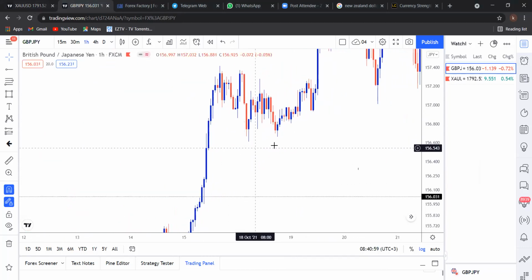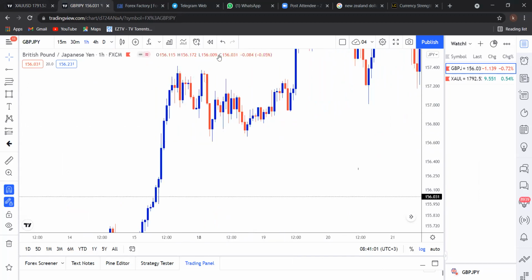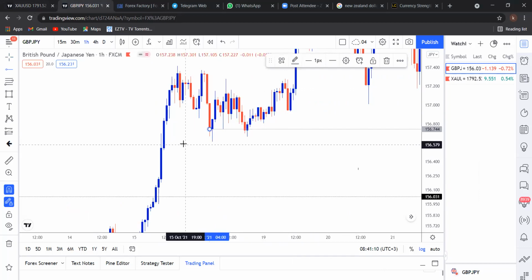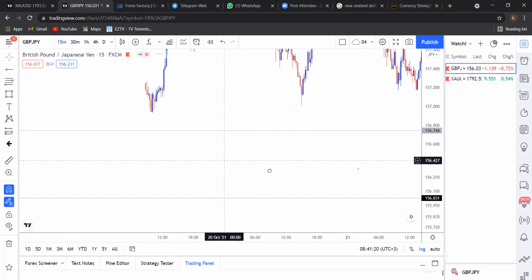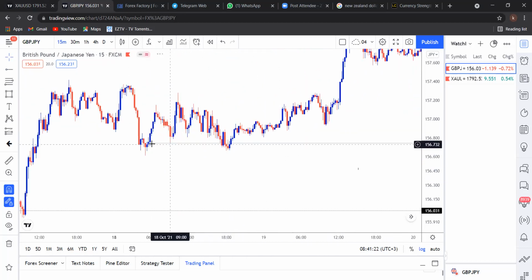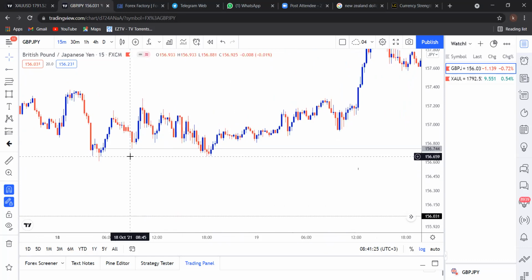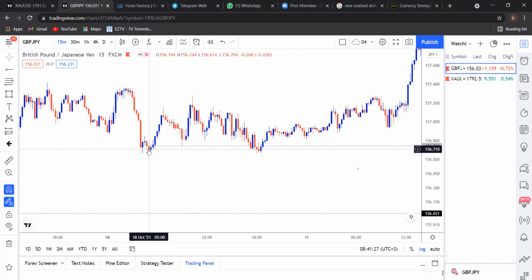Angalia the same as GBP JPY. Ile trade nilikuwa nakwambia, it was a bad trade. Ilikuja price was close up at support. To the left, unaweza sema it was a bad trade, was clean candlestick that I wanted it to be mirrored. Hiyo ni ile trade ya Monday. Lakini as soon as condition yangu kwa M15 it was not met, I closed that trade in a loss. As soon as price closed above hiyo support, ilikuwa wapi? Somewhere hapa. It closed above hiyo support,